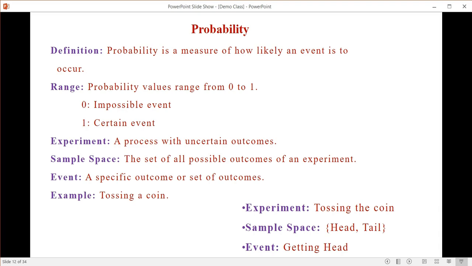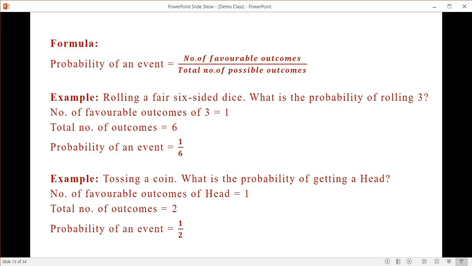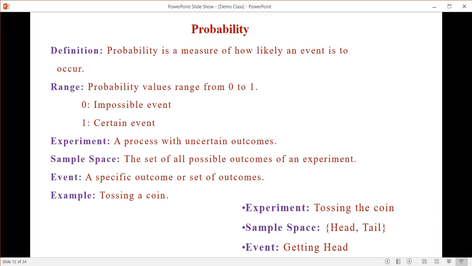So what does sample space mean? It is the set of all possible outcomes of an experiment. When an experiment happens, what are the possible outcomes involved in that particular experiment? That is called a sample space. For example, tossing a coin. What are the possibilities when we toss a coin? Only head or tail. That is the sample space involved in